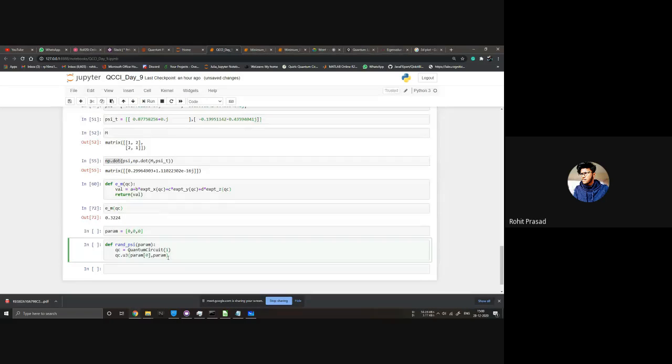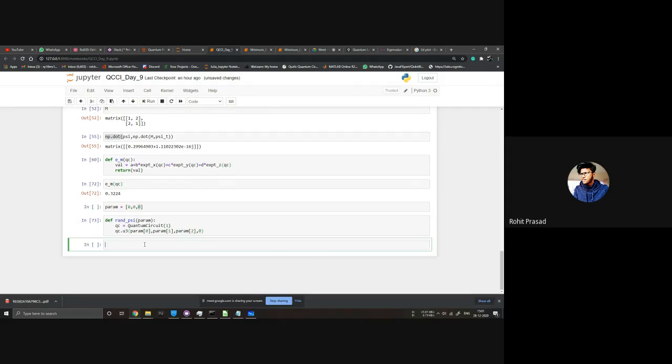So we just make it in a way 0, 1, 2 comma on the 0th qubit. So this is our m dot. We have a psi that changes with params. As we change parameters, we change our psi. So now we can vary these three parameters so that we can find a psi that gives our minimum.